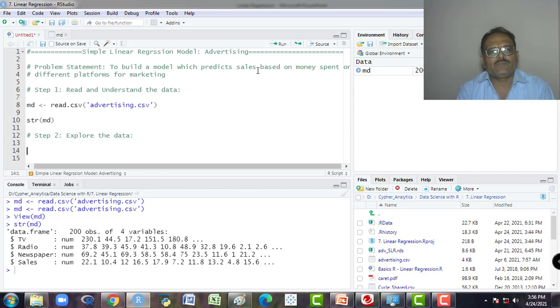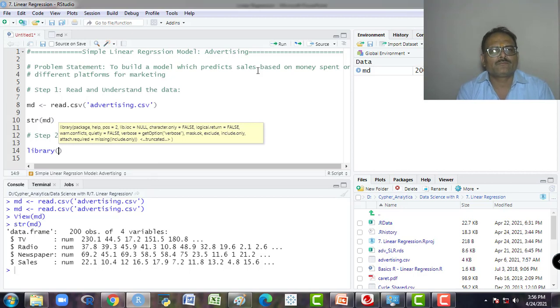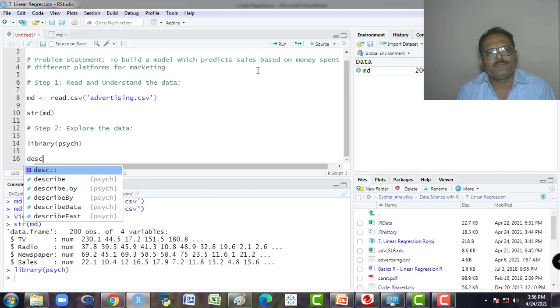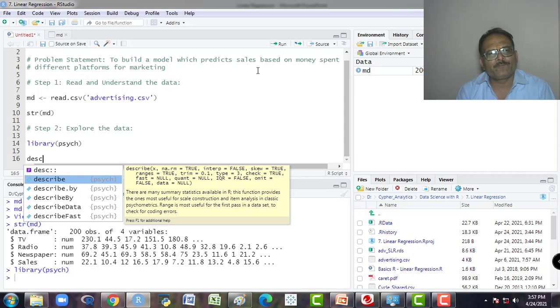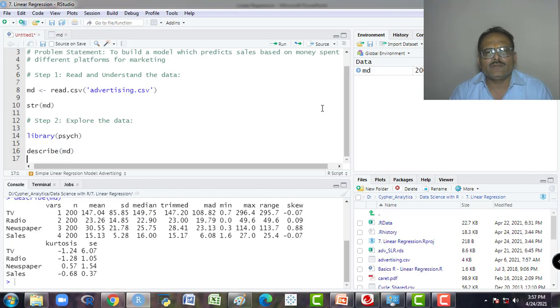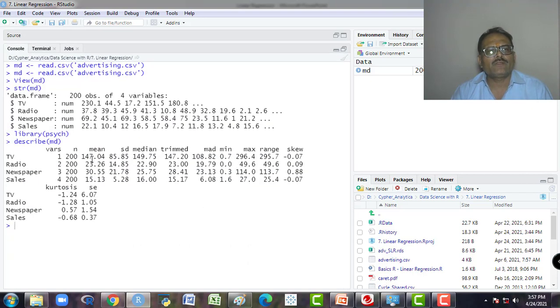So here I am using the library psych, and I import this library, and there is a function describe which provides a 12-point summary of that data set. So we are getting the 12-point summary here. Look at this. These are variable numbers 1, 2, 3, 4.